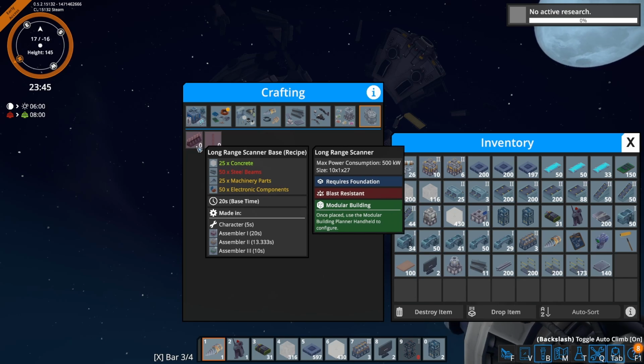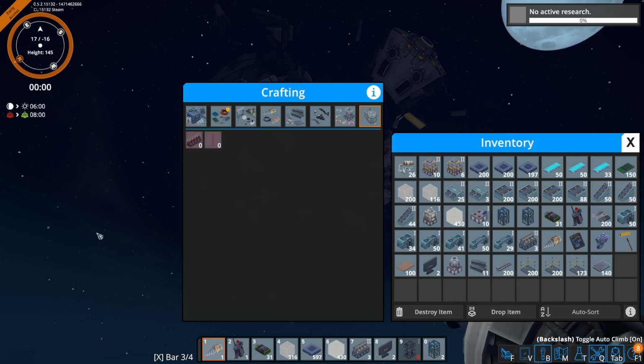And then we got the long range scanner, which is also a modular building, to help us scan for resources, so we don't have to use our little gun to scan for resources. And this will go out. It's called long range scanner for a reason. It goes out long and far, and that's what she said. But